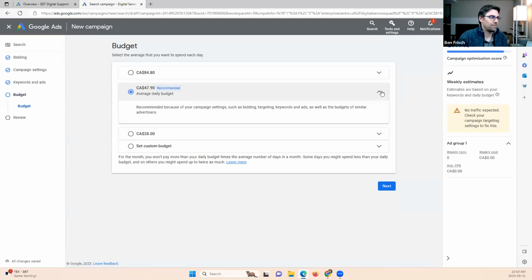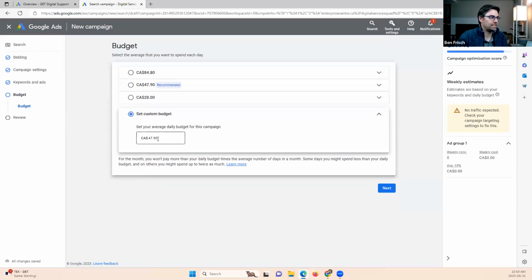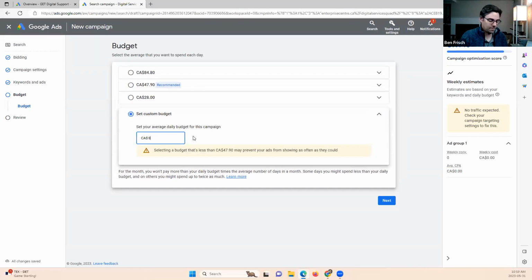So don't feel bad about setting a custom budget that is far less than what they recommend, because even at $5 a day, they're going to give you some flack about that, some warnings, but that's just not sustainable. $50 a day, for a small business, I very rarely run into a business that could afford that. So